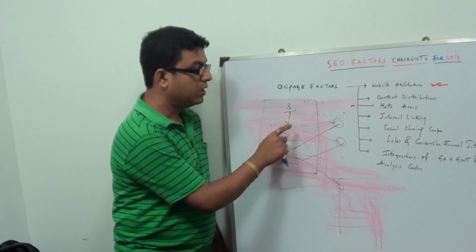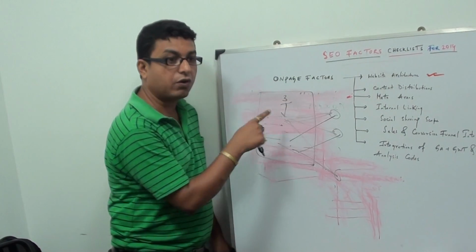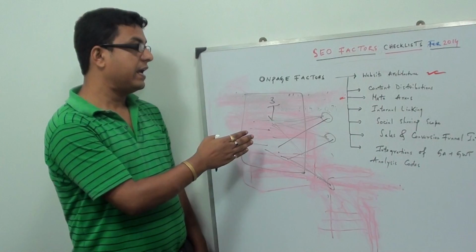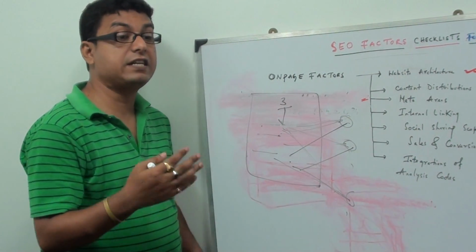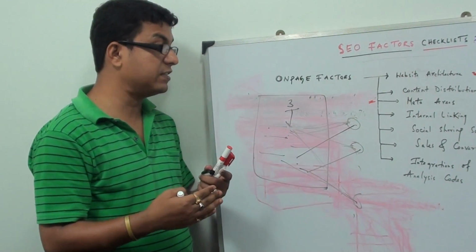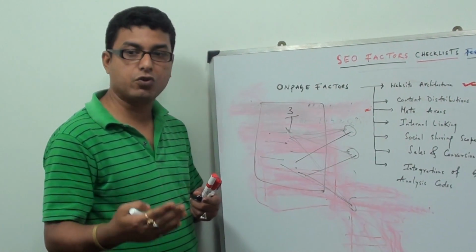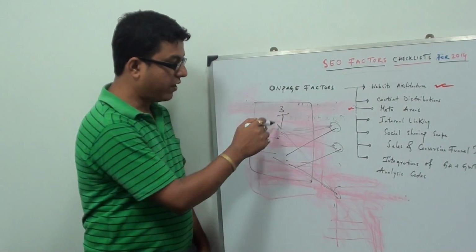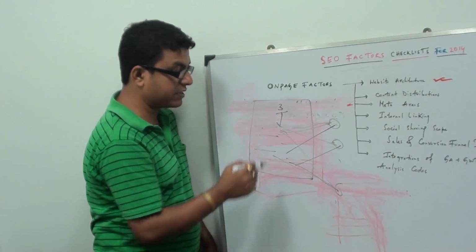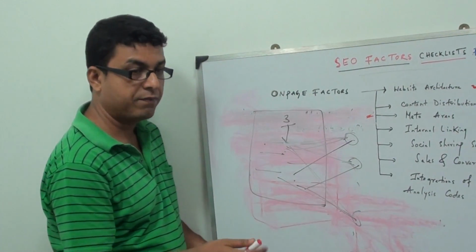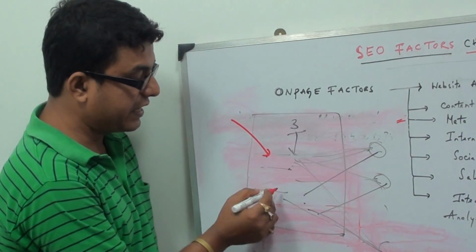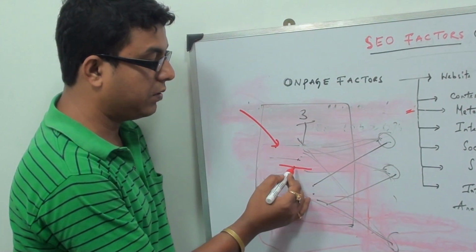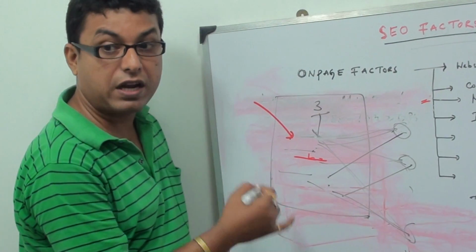Also, if you have this kind of well-architected internal linking, it will increase the user's experience and the user's interest to know more about your website, and that will decrease the bounce rate. Because when they come to this page, for example the landing page for your users, if they get links talking more about local SEO ranking factors,